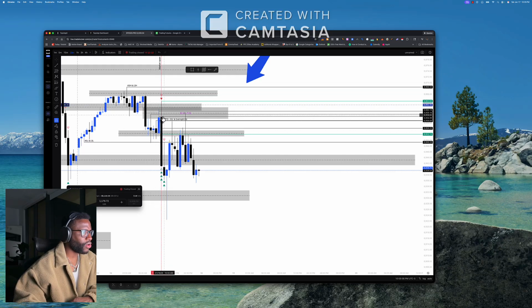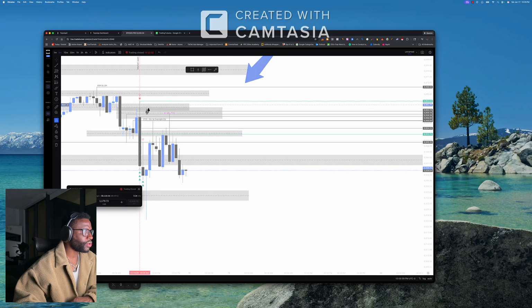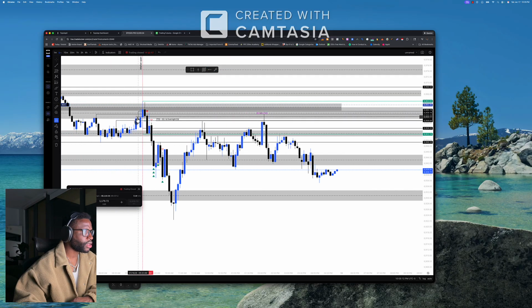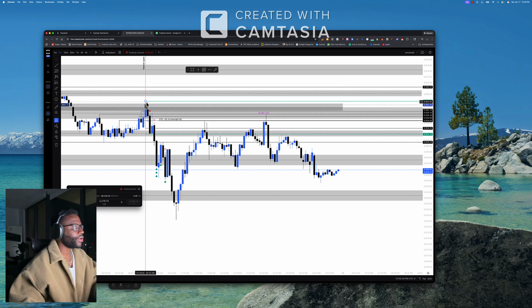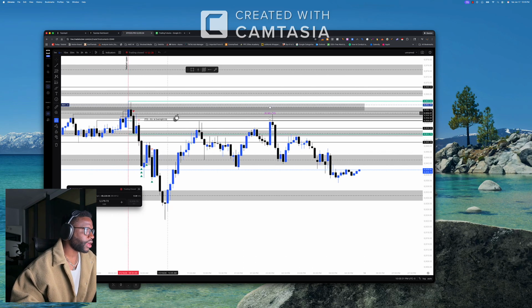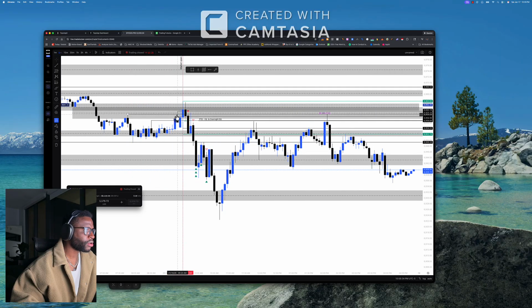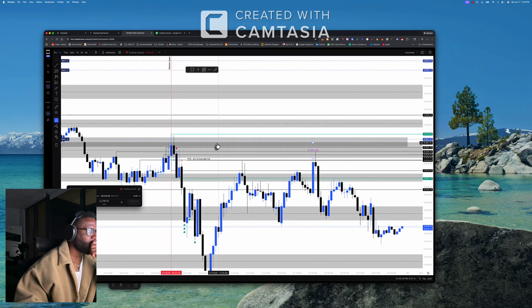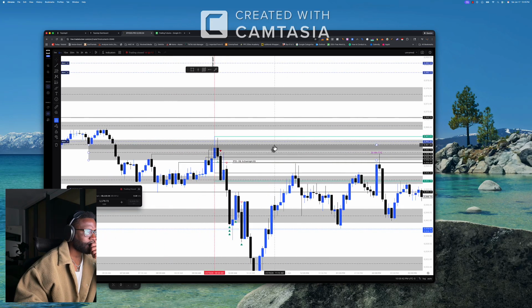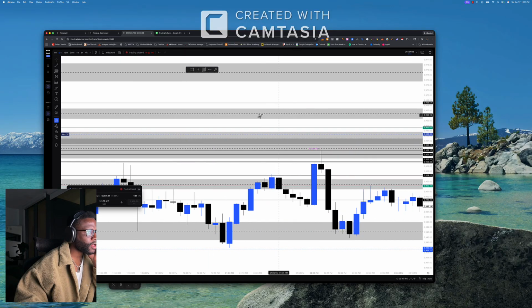And then here, I was like, oh no, we may run. And then if we go into the 5-minute, the reason why I thought we were gonna run is because I got faked out, and it swept liquidity here. I'm like, okay, and then I bought in somewhere over here because it's a slight pullback, and then we were going. I was like, let's go, and then we didn't go anywhere. It was just a fake out. So what could I have done differently? I don't think I could have done anything different. It was a good execution, in my opinion.